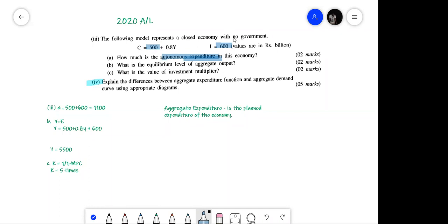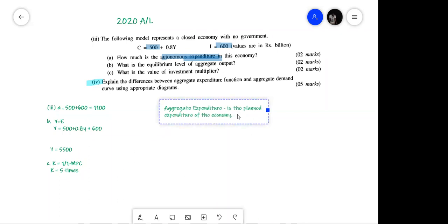Get the meaning of what autonomous is, then I think you should be able to figure that out. Okay, so it's the planned expenditure of the economy, and you can say, so maybe if you can talk about a simple economy or closed economy. Let's say in a closed economy,